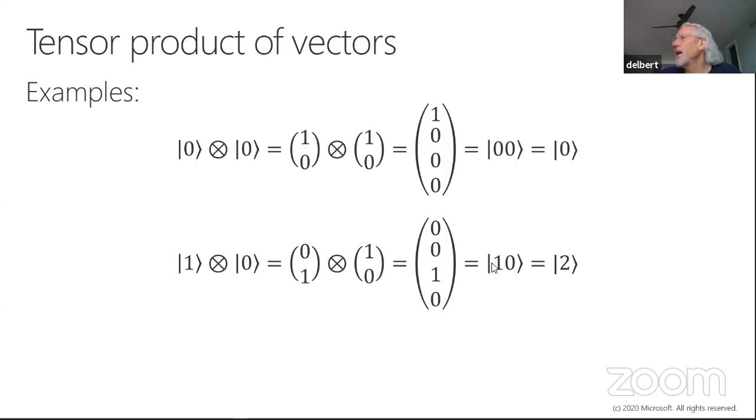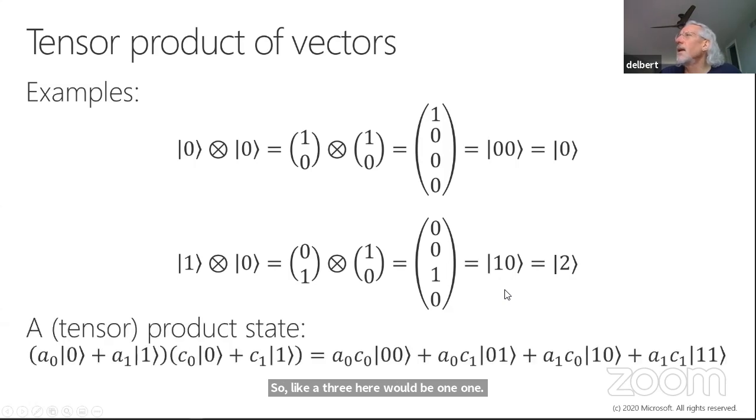So that means, and this is a big endian notation here, this pair of parts of the state are 1, and then the other is 0. So this could be the 0th place, this is the 2's place, so then you could represent that with a 2. So like a 3 here would be 1, 1. So that's just a little bit different. And the tensor product is, I kind of just stepped through that.